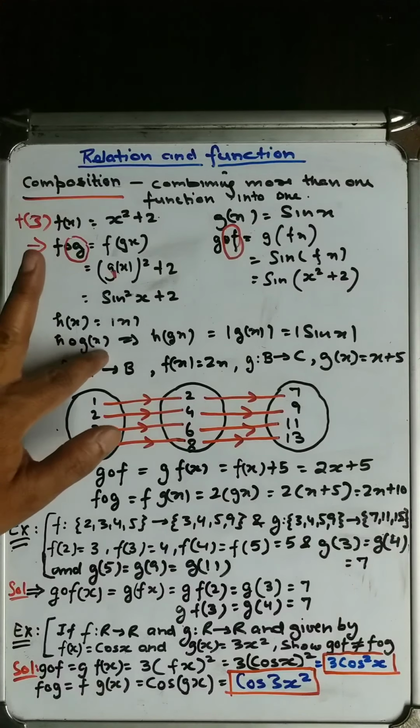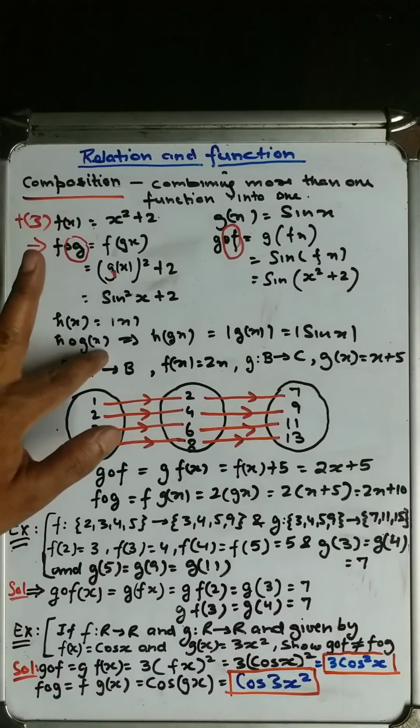So from this Venn diagram, suppose we are taking g of f, or f of g. Suppose we are taking g of f. g is the function and f(x) is the domain. So g is the function, the first one is the function and this is the domain. We can see that f(x) plus 5 is 2x plus 5. This becomes 2x plus 5. But this multiplied by 2, we are getting this plus 5. So directly this way we are getting A to C.